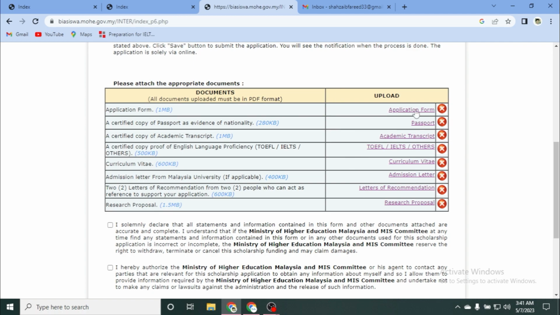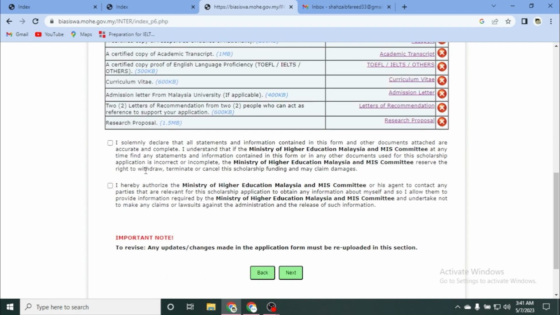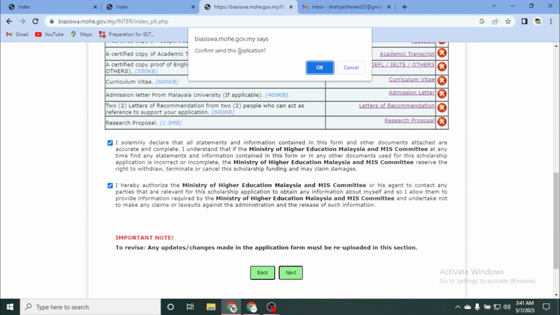If you uploaded the wrong documents, you can cut here and upload again. Now finally we have uploaded all the documents. We click here and move to the next step. Confirm and send the application. You may click here OK, and your application is sent to the MIS Scholarship